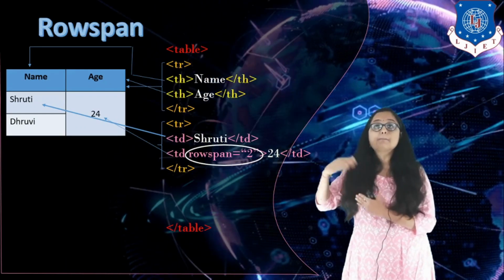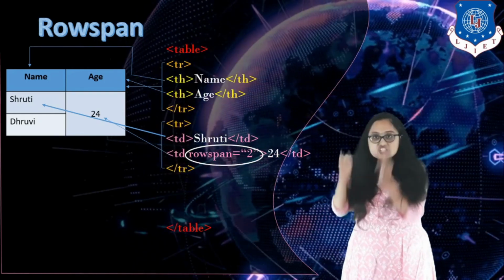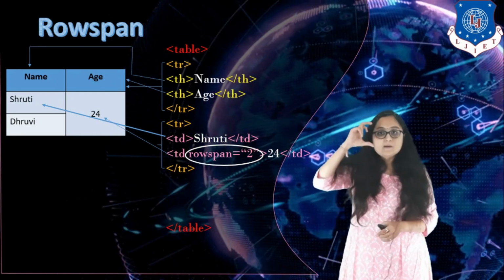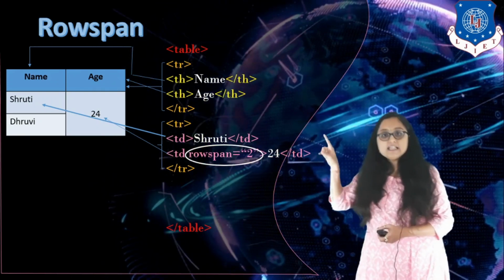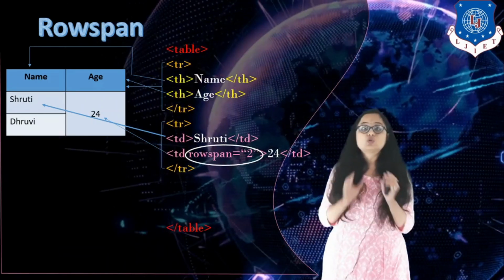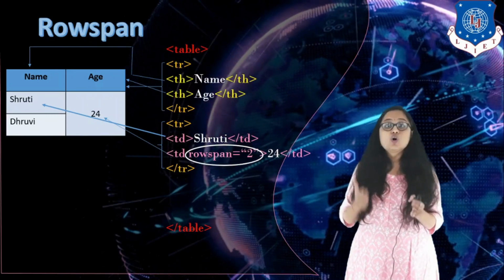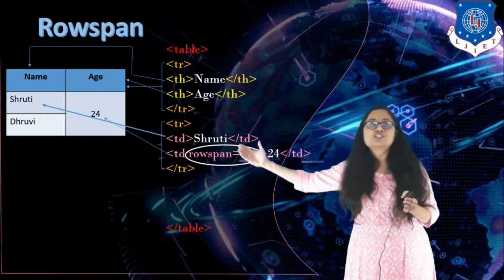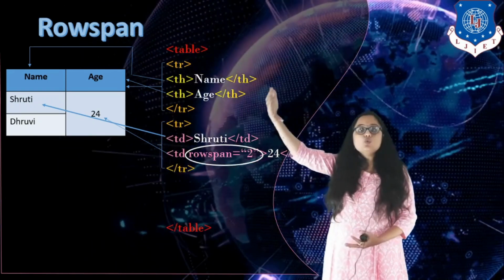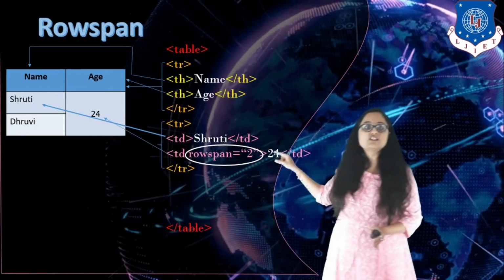Spanning means combining two rows, so that on the web page the rows are spanned and you have a cell or a column which combines both of these rows, right? So in TD, you leave a space and then write rowspan equal to a numeric number. What is this number? This is the number of rows which you are combining or spanning. In our case, you can visually see that you are combining two rows and making one column. So rowspan is equal to 2.